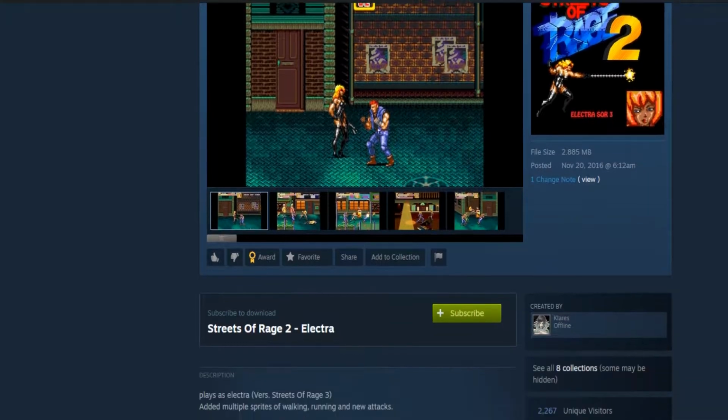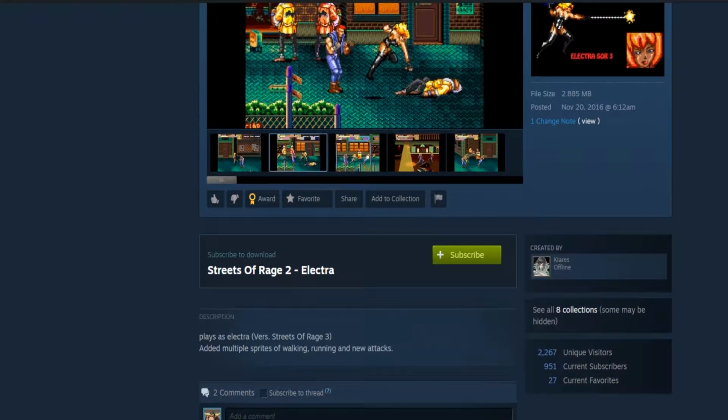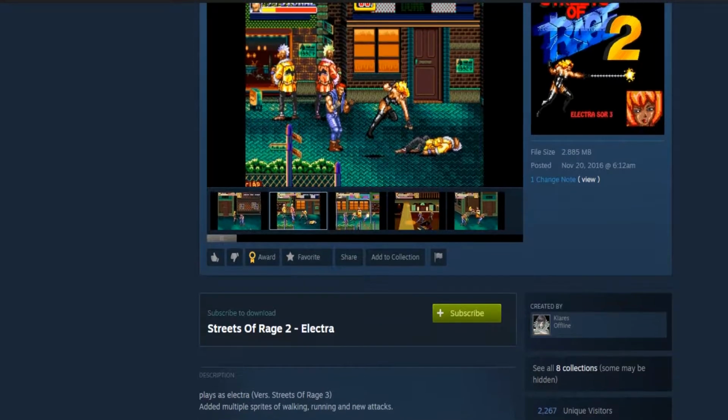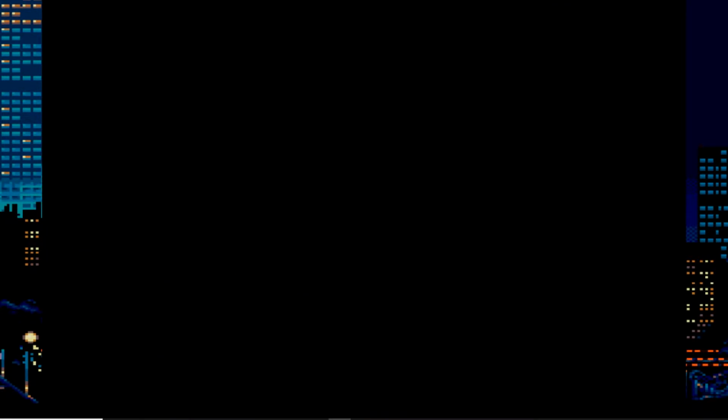The next one up is Streets of Rage 2 Electra. This is going to allow you to play as Electra, one of the mini bosses in Streets of Rage 2. You first see her in the bar of the first stage, but in this one you'll be wearing black when she originally wears blue. Upon first starting up the hack, I saw that she ran into the stage,